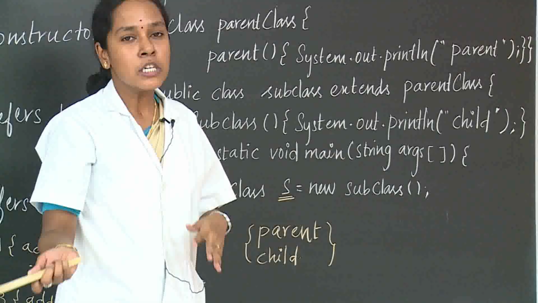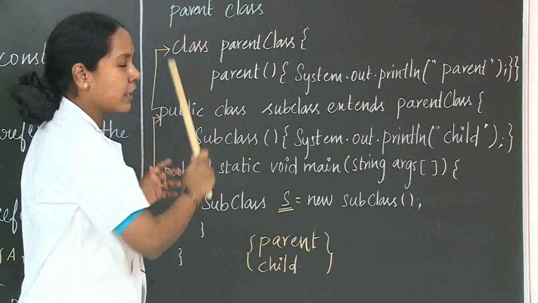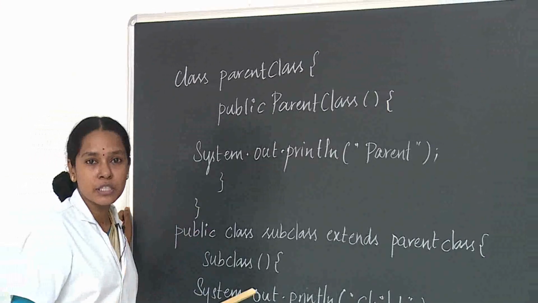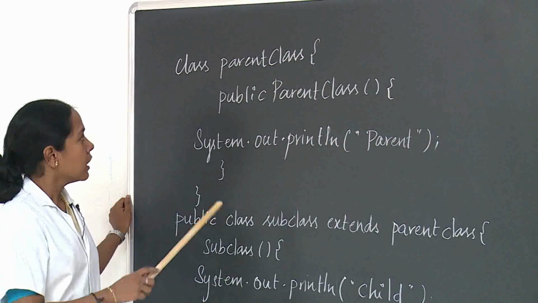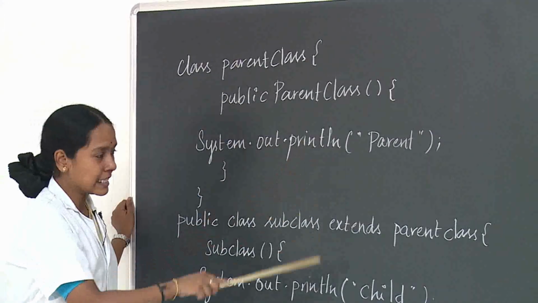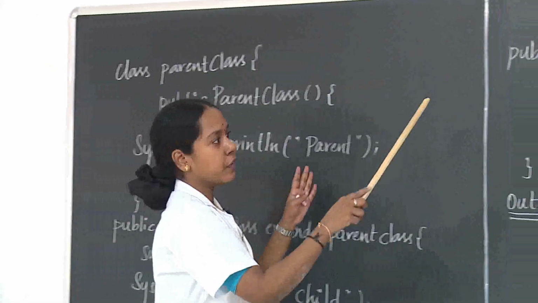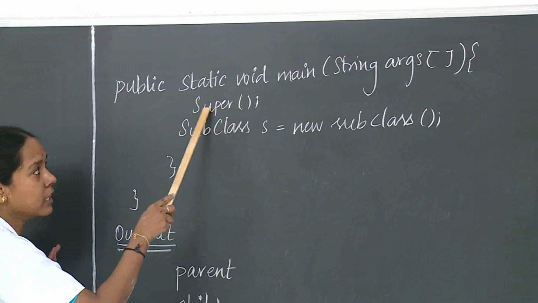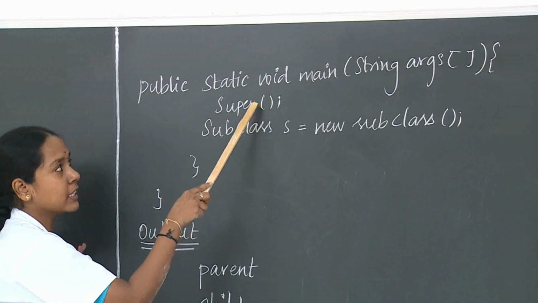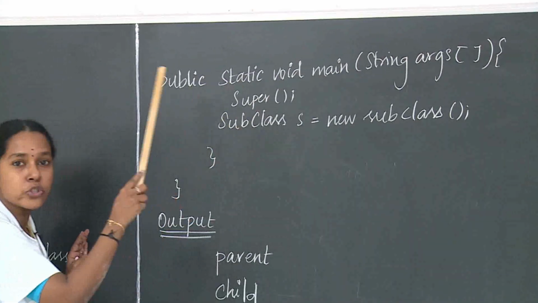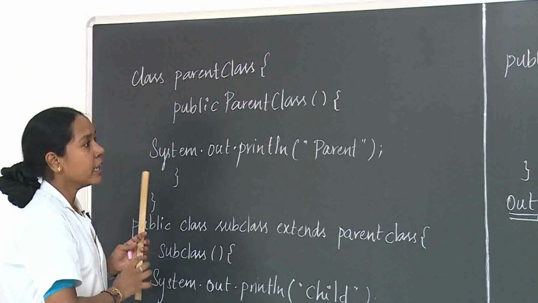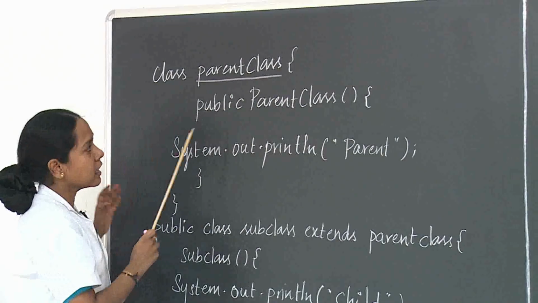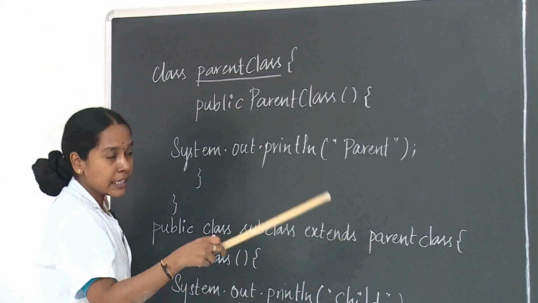Now we go to how the super keyword will work. In the previous example, I showed how it works without using a super keyword. In this one I am using the same example, but instead of directly calling the super class, I am using a super keyword. While using this super keyword, the control will directly go to the main parent class. So there is no intermediation.